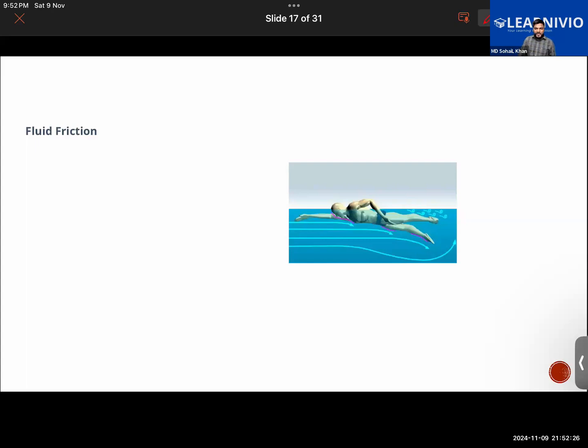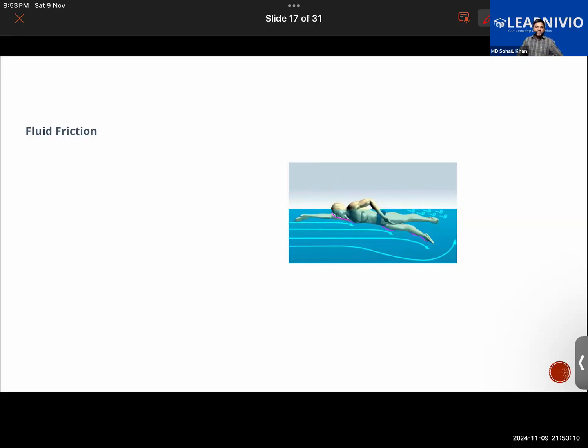You guys know about the Dead Sea? Where is the Dead Sea? What is special about the Dead Sea? Yeah, you can't drown in it because of the amount of salt in it. The amount of salt in it is very high, so the density of that water increases too much. It is more than that of our body. Hence, the person is able to float and not sink in it.